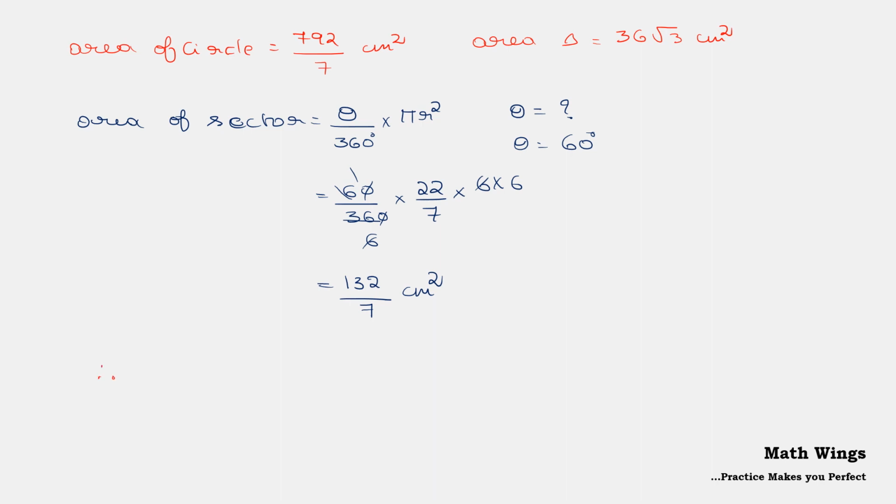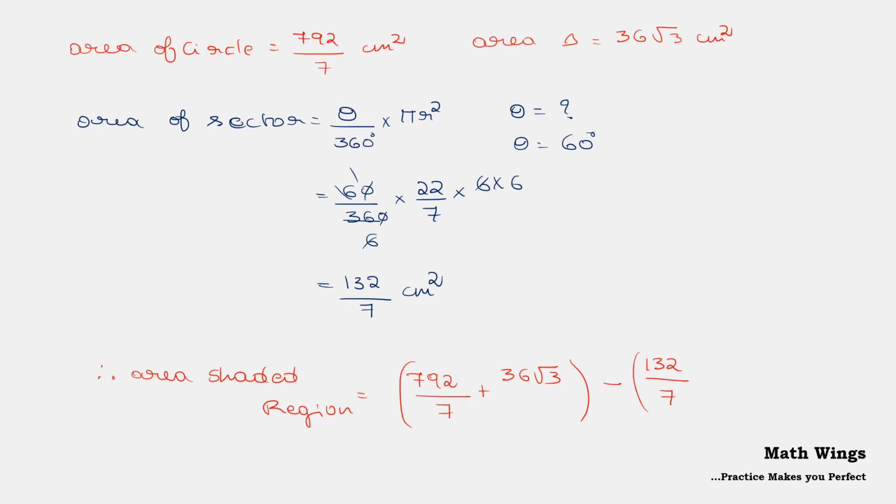Therefore, area of shaded region is equal to area of the circle, that is 792 divided by 7, plus area of the triangle, that is 36 root 3, minus area of the sector, which is 132 by 7 centimeter square. So when we simplify, what answer will we get here? We'll get